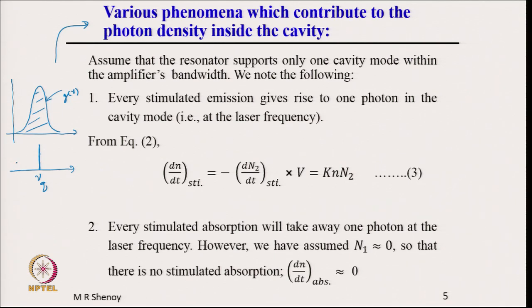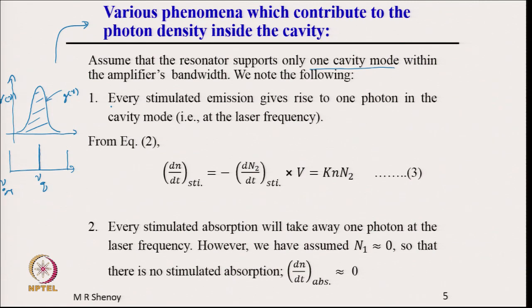For example, the FSR, the free spectral range, could be large. So, let us say this is nu q minus 1; then within the laser transition, where this is gamma of nu, where the gain is available, there is only one longitudinal mode. That is what is mentioned here, that we assume there is only one cavity mode within the amplifier's bandwidth. And therefore, the first component among the various phenomena which contribute: